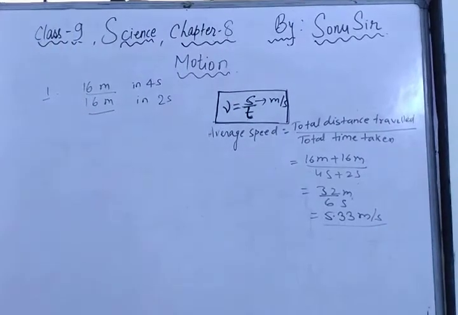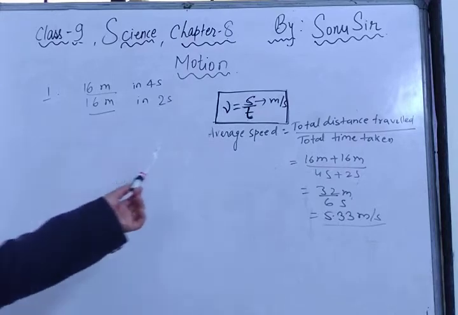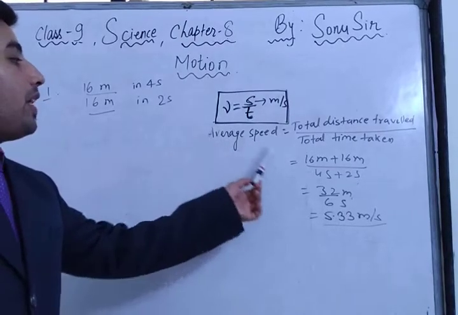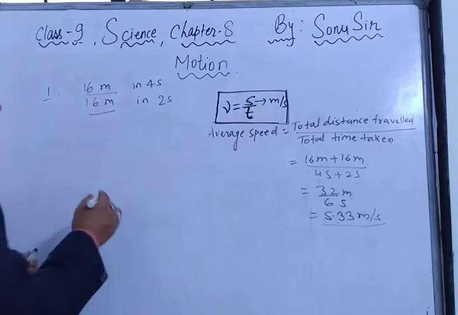The rate of motion of an object can be more comprehensive if we specify its direction of motion along with its speed. The quantity that specifies both the aspects is called velocity. As I already gave you the definition of velocity in the previous video, velocity of a body is defined as its displacement per unit time. So velocity is equal to displacement by time taken. Got it? Now, similarly to average speed, if you want to calculate the average velocity, what will be the average velocity formula?